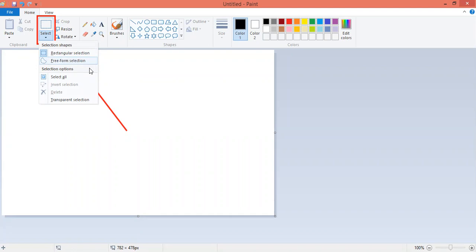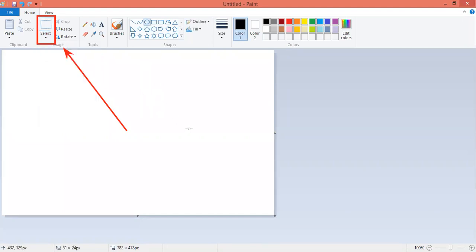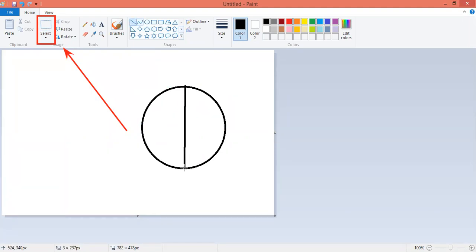Rectangular selection, as the name shows, selects a rectangular area by drawing on the canvas. What is canvas? Canvas is the drawing area in which we can draw things. For example, we are going to make a shape. We draw a circle and then put one line in between it. Now we are putting on color.